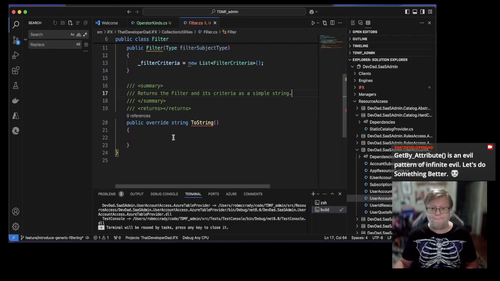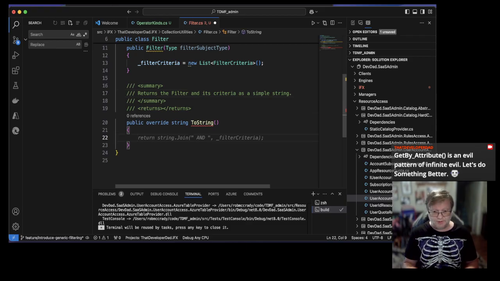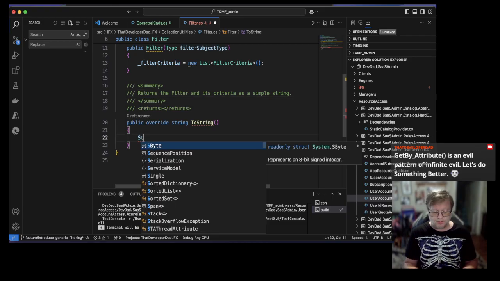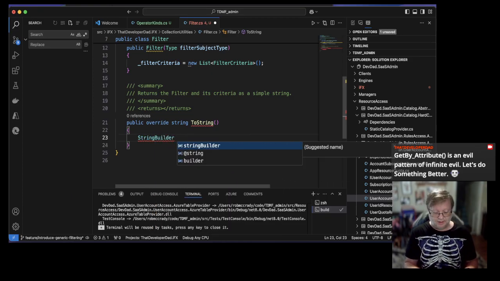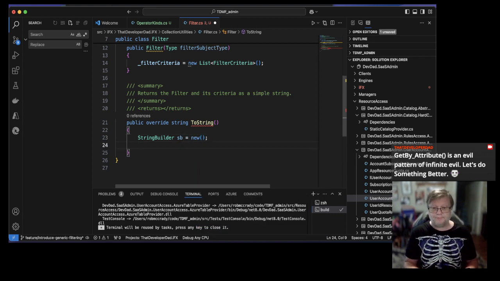Easy peasy, right? So, StringBuilder sb equals new. We're going to give it an initial value of,